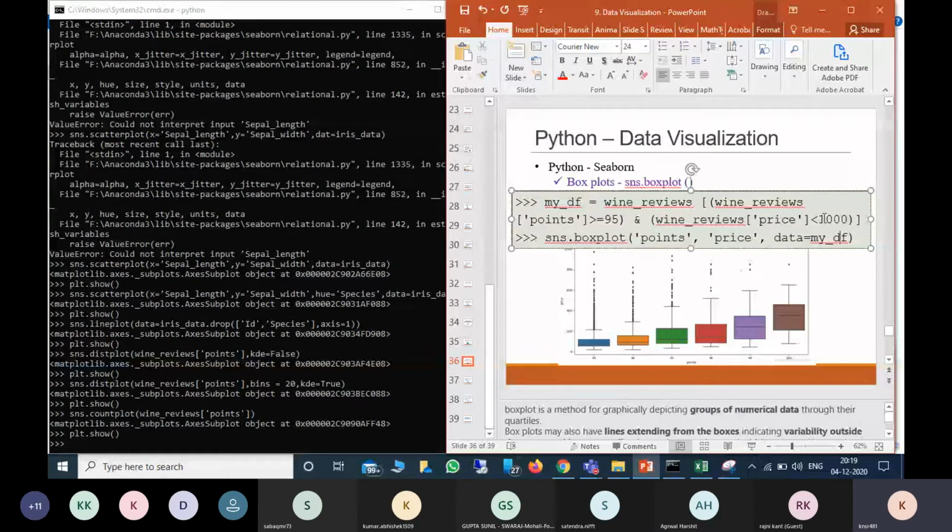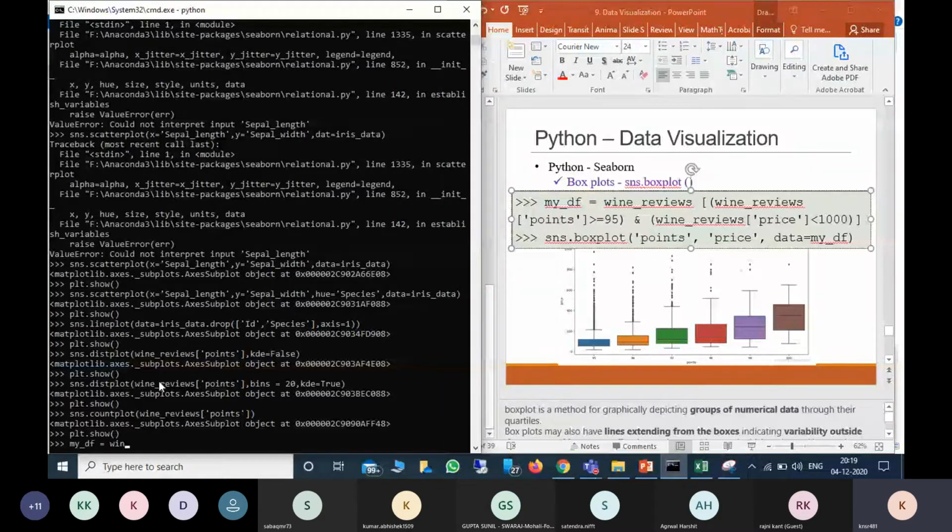So for this I am considering a data frame. That is my data frame. Wine reviews, wine reviews points greater than or equal to 95.